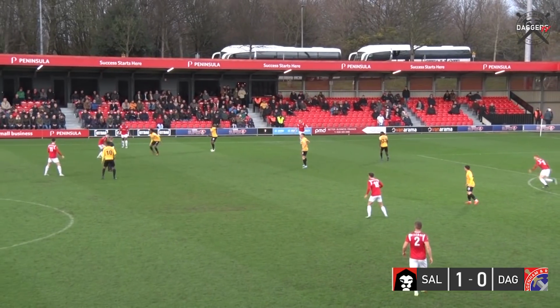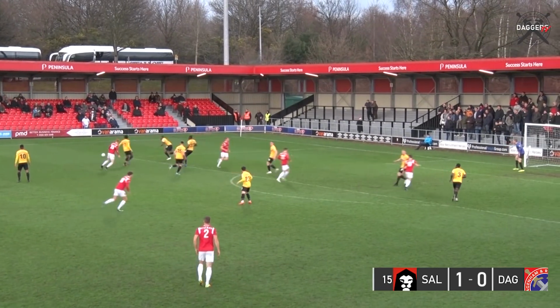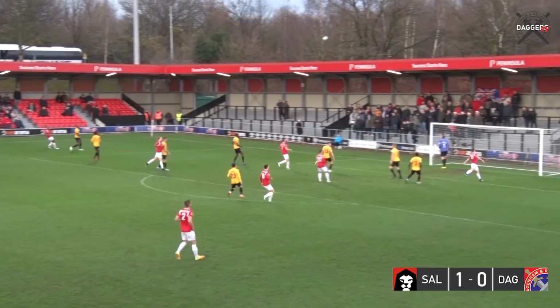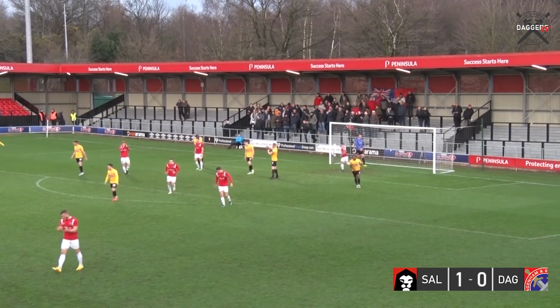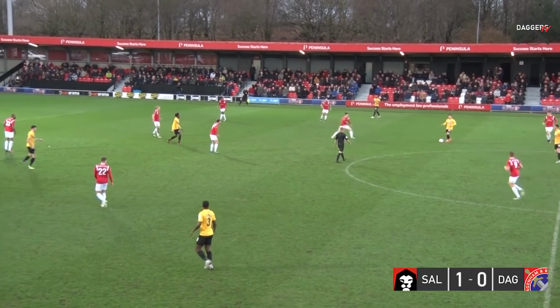Ibu Torre, he goes inside. Plenty of red shirts forward again. One of them is Gaffney on the edge of the box, and he finds Torre again. This time he whips a cross in, but he only succeeds in putting it over the ground. Well, I'll say he used his groin to control it is the best way to describe that, but he did